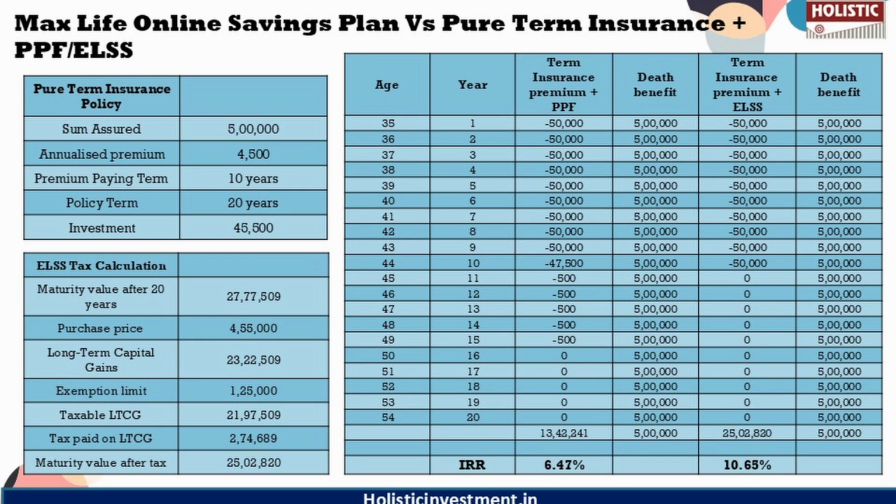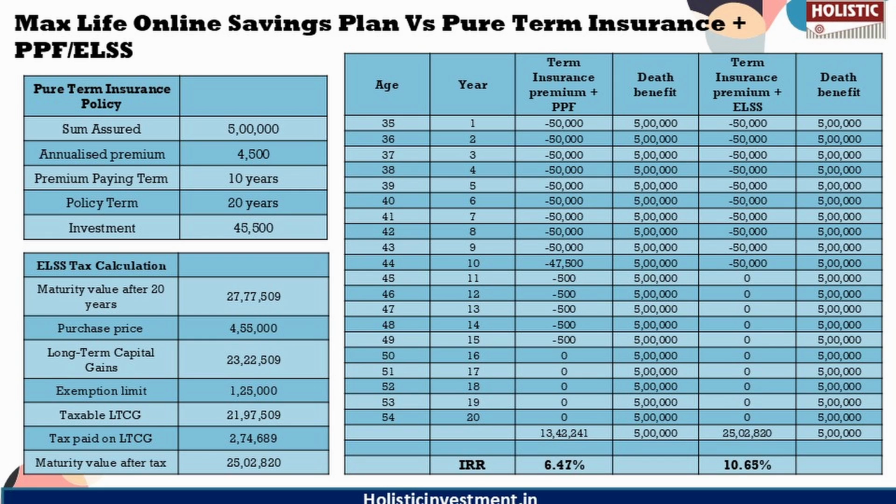So here, in order to get life cover, we have opted for a pure term policy which will give us high coverage at a lower premium. A pure term insurance for 5 lakh cover would cost an annual premium of just 4,500, compared to the Max Life premium which was 50,000 rupees. The premium paying term is 10 years and the policy term is 20 years. After paying the annual premium, the balance amount of 45,500 could be invested